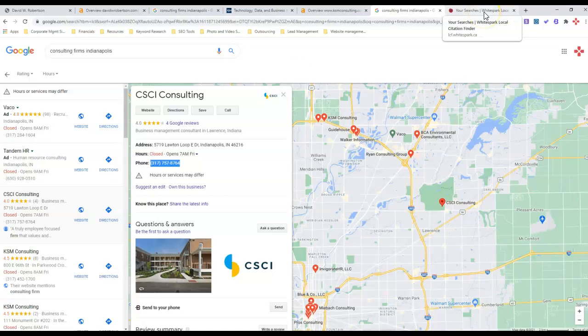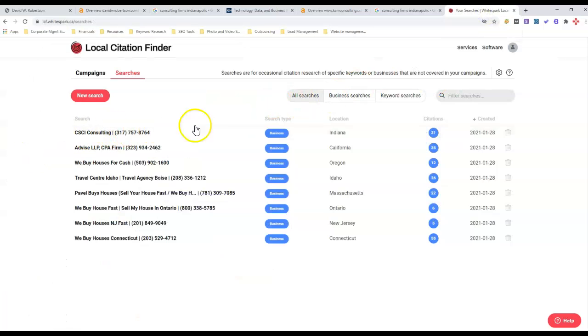So let's go ahead and take a look at their citations real quick. I got them pulled up right here. It looks like they've got a total of 31 citations. So we need more and better citations, an optimized Google My Business listing, and of course the site ranking to go with it. All three of those factors to get you at the top of the map pack. Hopefully you got some value out of this video. To recap, we talked about content, backlinks, and citations.